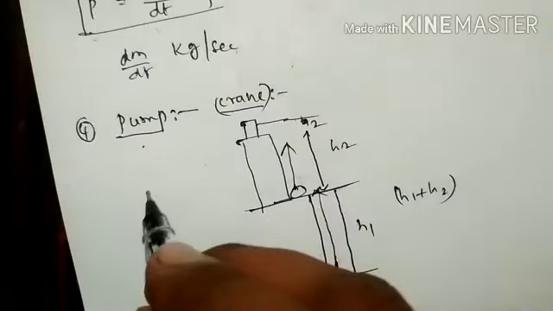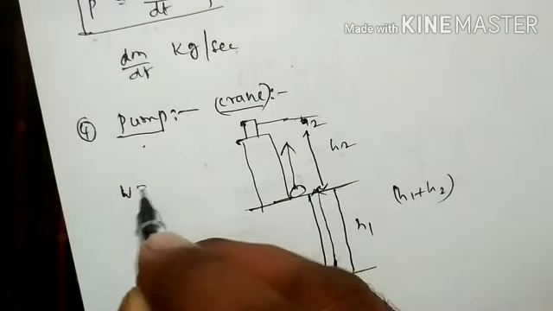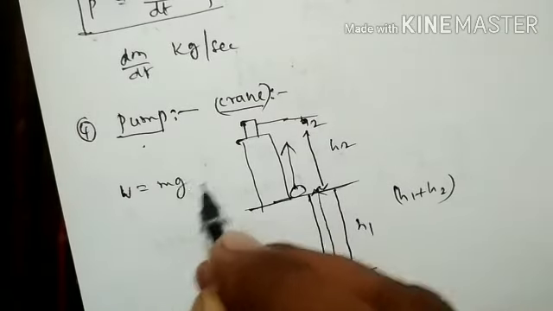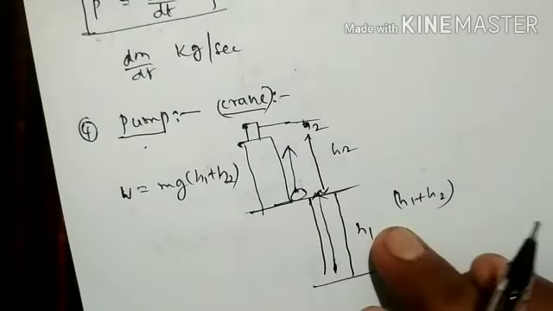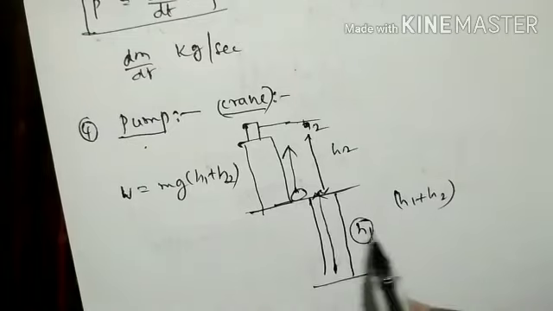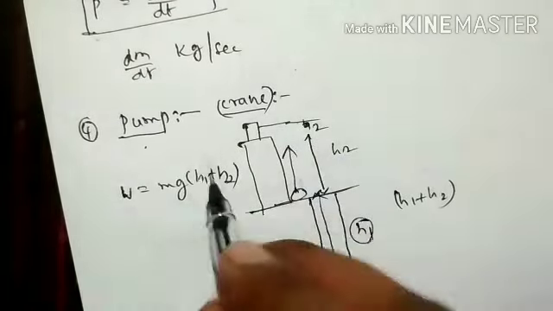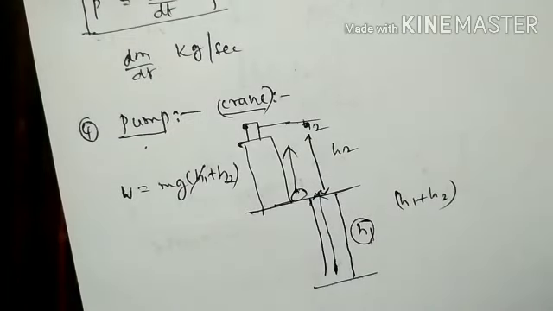So what is the potential energy? This energy is stored as potential energy, or work done is stored as potential energy, mg into (h1 plus h2), for example. So if the borewell depth is given, and you want to consider only the height from the surface of the water to the height of the tank, you don't require h1. So this is the convenience, depending on the problem.